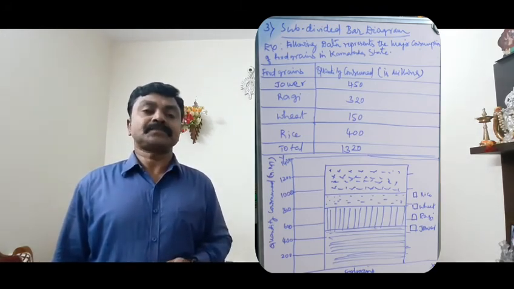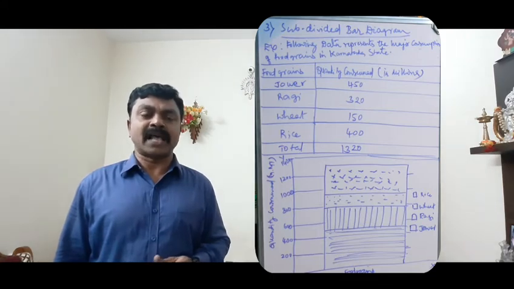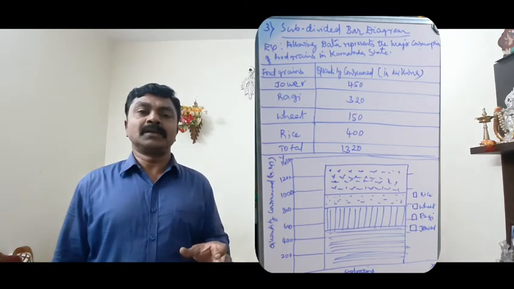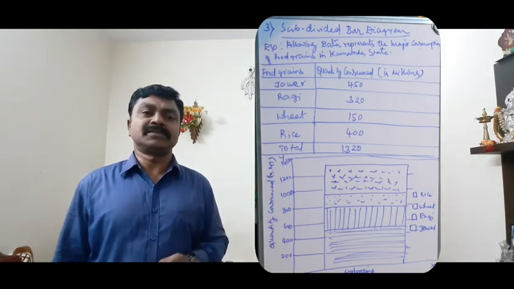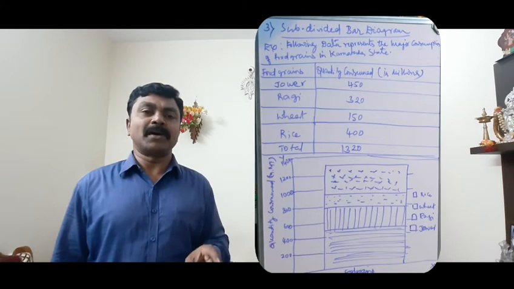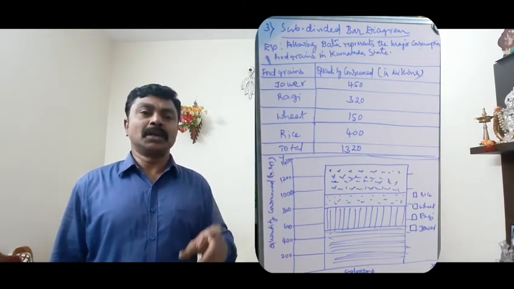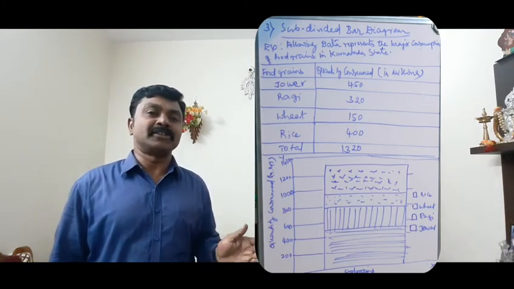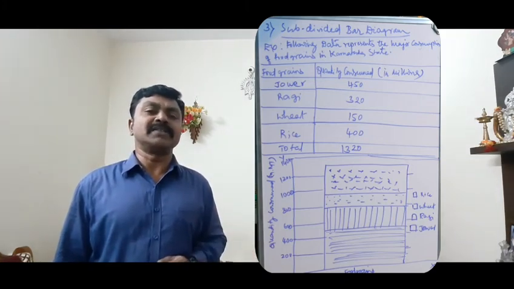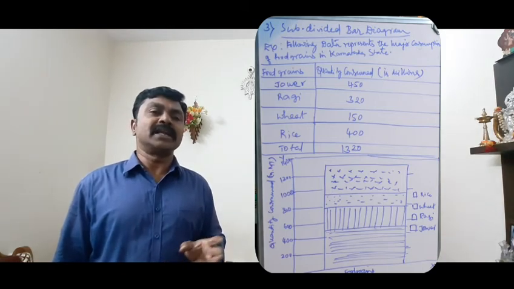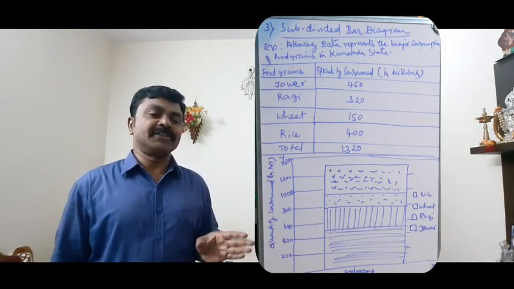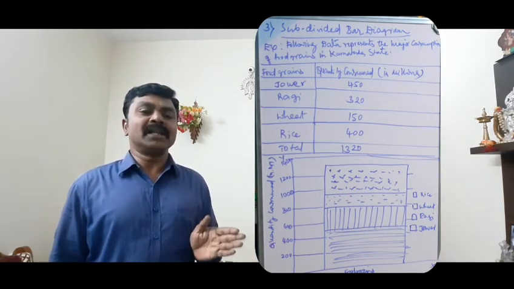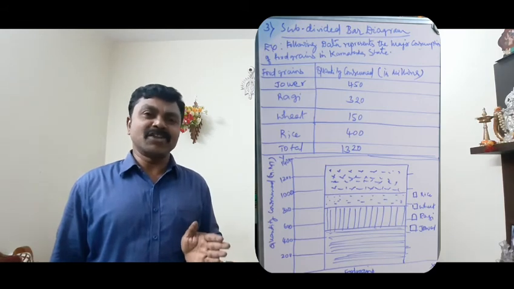Another one is multiple bar diagrams or graphs, used particularly for understanding different items; we can set different items in multiple bar diagrams. Multiple bars are used to show the items and variables. And the third one is subdivided bar diagrams. Here we can divide it into segments, different parts, and it is clearly understood by anybody who watches.